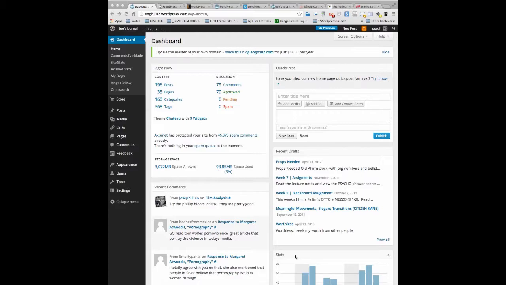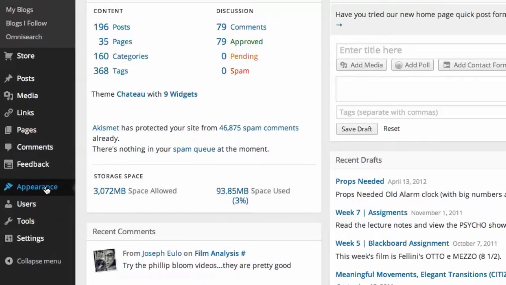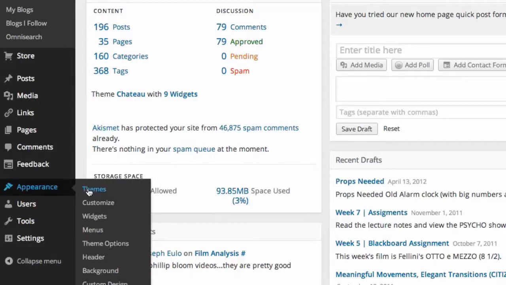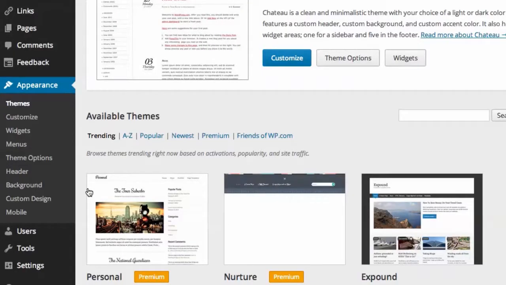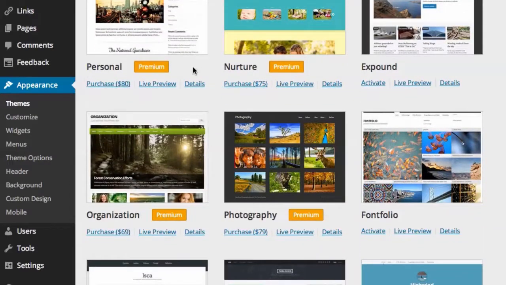It kind of gives you an overview of everything. Over here you have appearance, and this is where you can change your theme. Now for WordPress.com, they give you a pre-selection of themes that you can use, and this is pretty new, the premium version. So if you like this premium version of this theme, you have to either be a premium subscriber or pay a fee. Like this is $80,